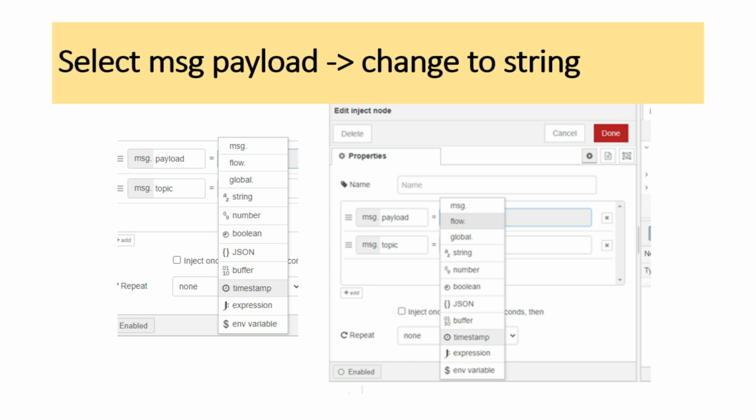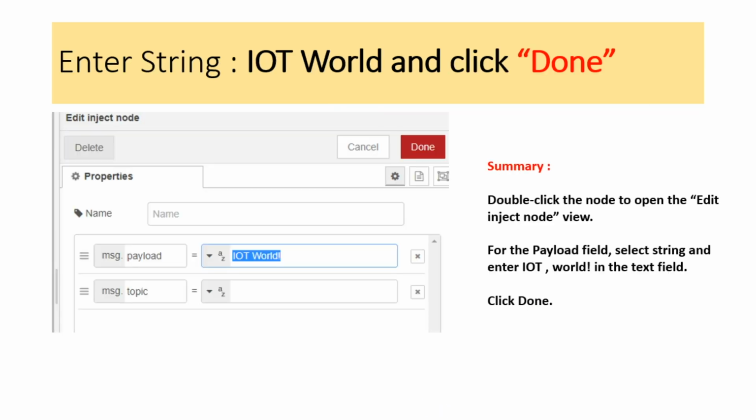Once you double click it, you can select the message payload, and you can select the string option.